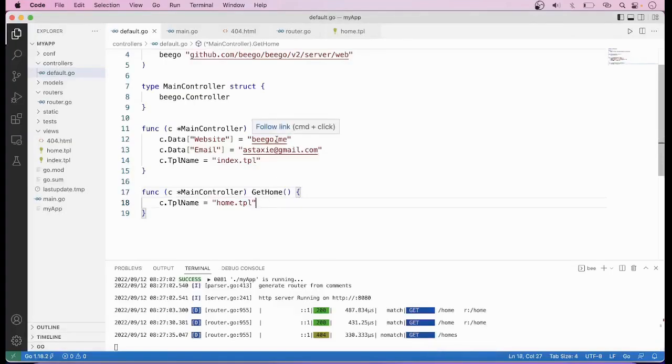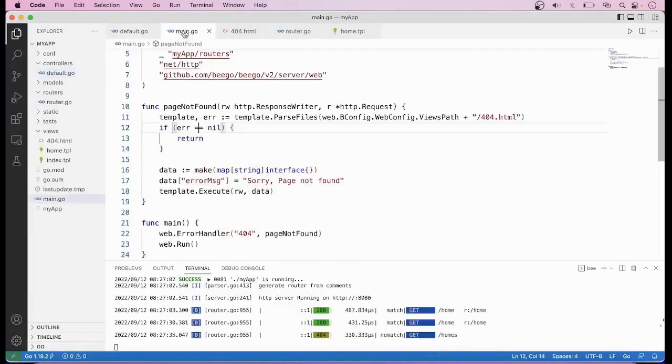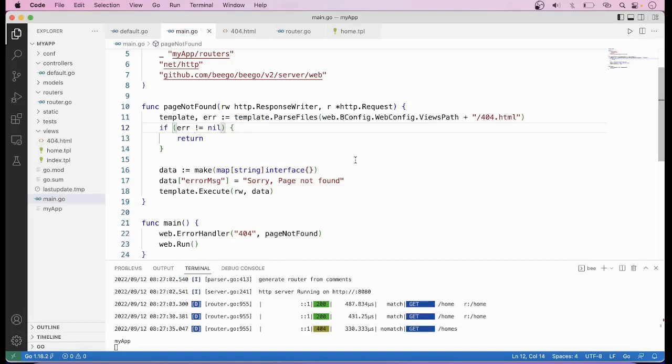Here in VS Code, in the main.go method, we can see that we have put the wrong logic, like if error is null, then we will return. But this is not the right way to handle the error. Here we have to put it as not equal to. Now